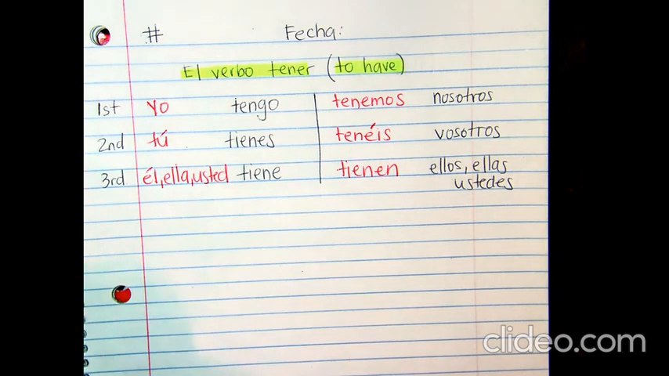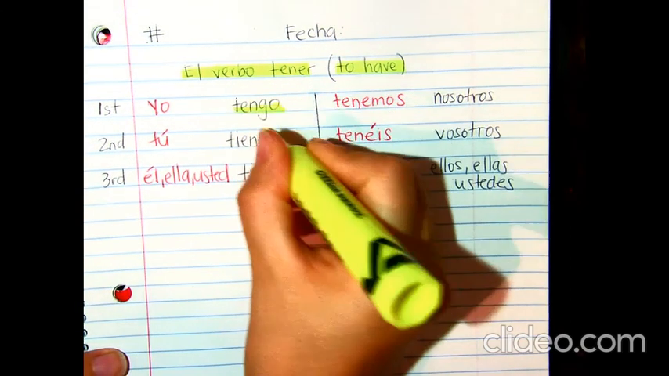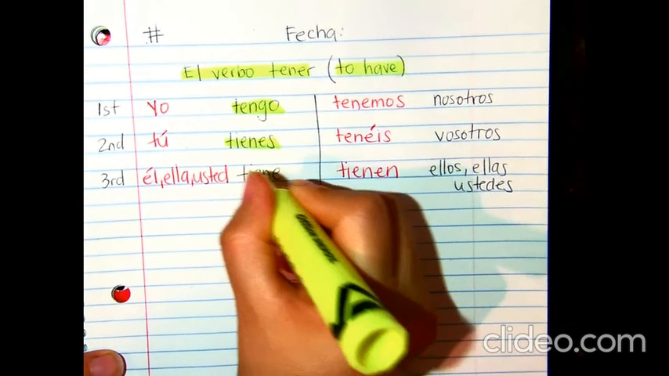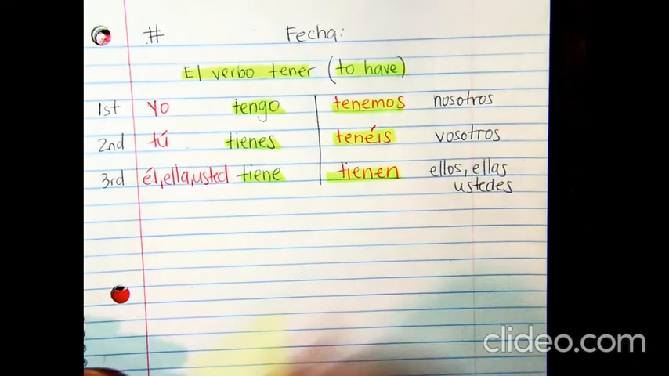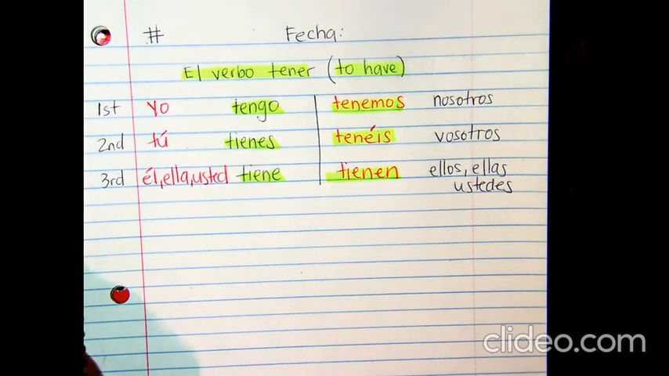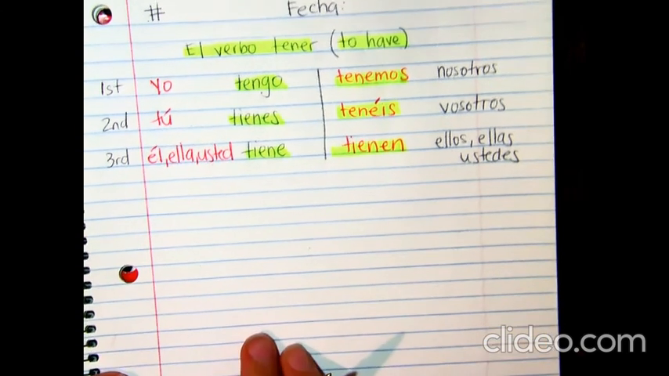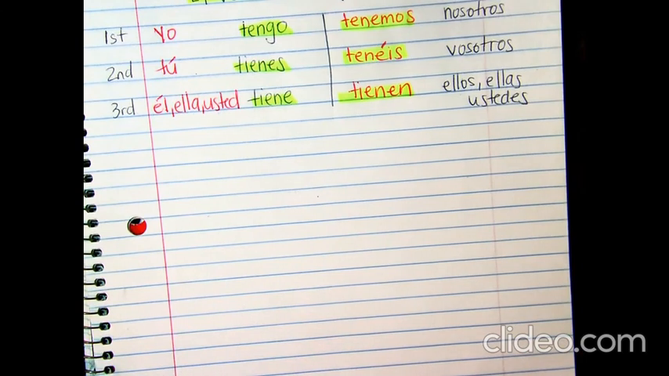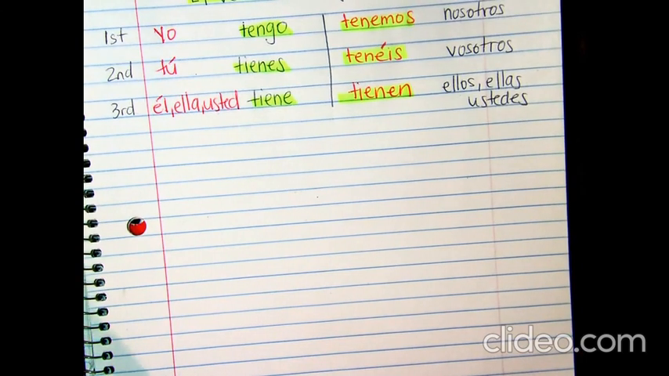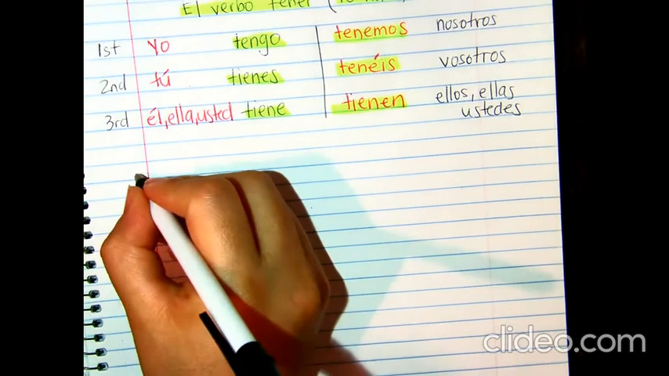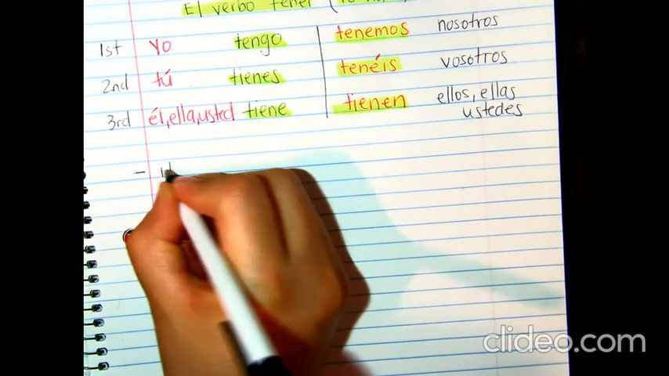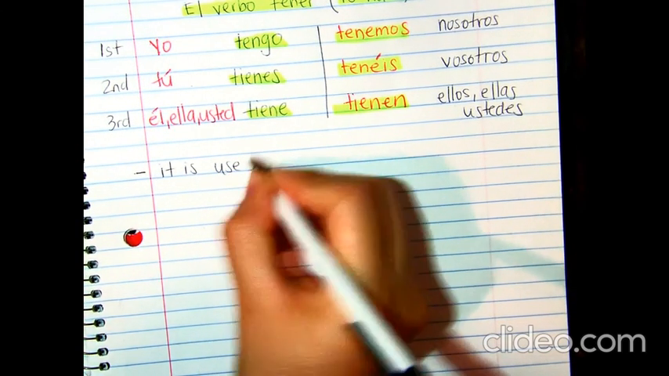So make sure that you know your subject pronouns and the conjugation of the verb. Okay, conjugation of the verb is this: tengo, tienes, tiene, tenemos, tenéis, tienen. This right here are your subject pronouns. All right, okay. So there are a few more things that you need to know when talking about the verb tener. One, that it is used to